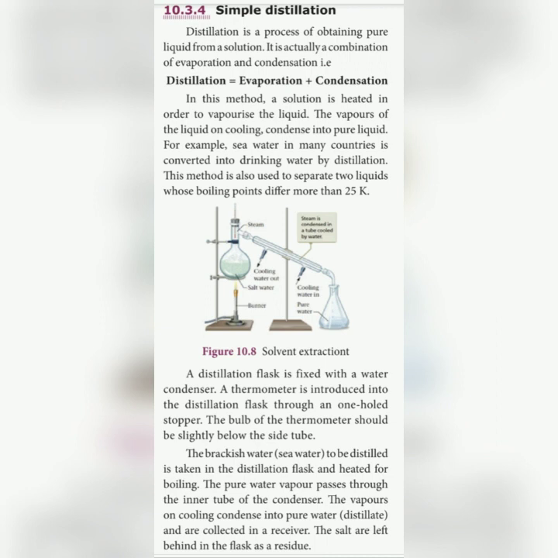So by this process we can separate the alcohol. Then if you heat the temperature up to 100 degrees Celsius, water starts to boil and we have to collect it in another receiver with the help of the condenser. Condenser means a cooling substance that cools the incoming vapor to change it into a liquid state. So this is the principle involved.